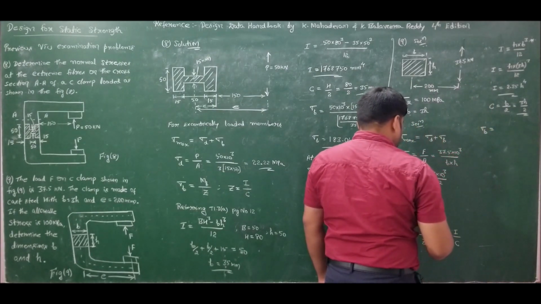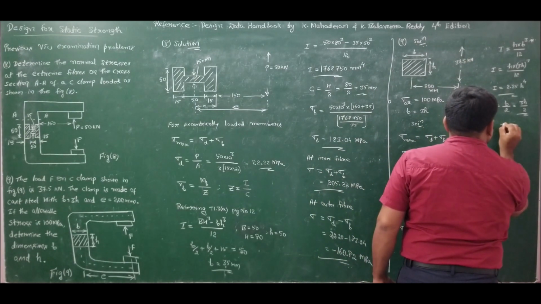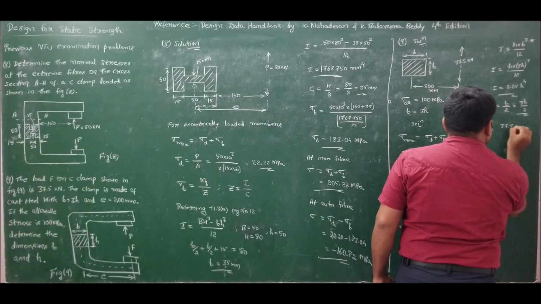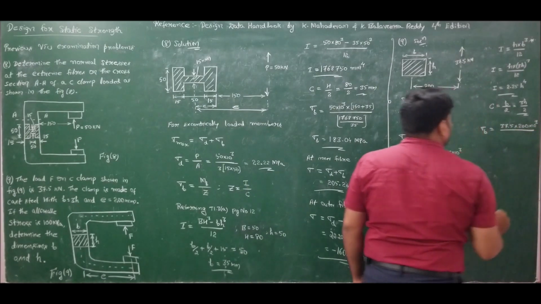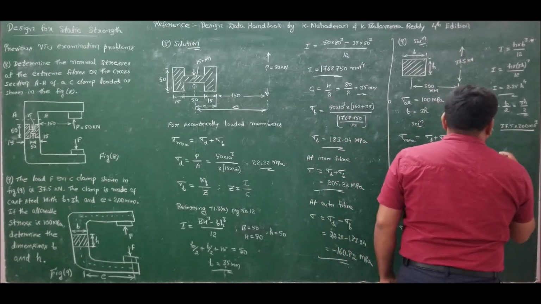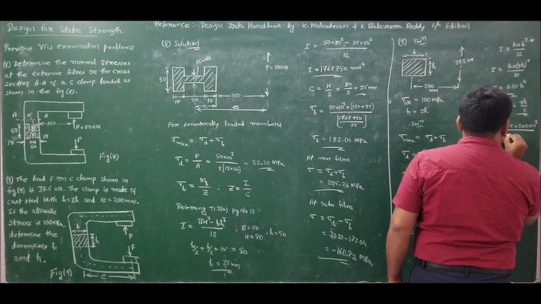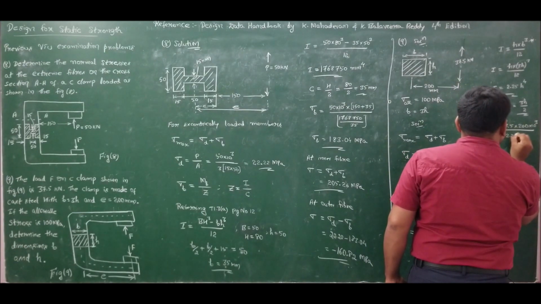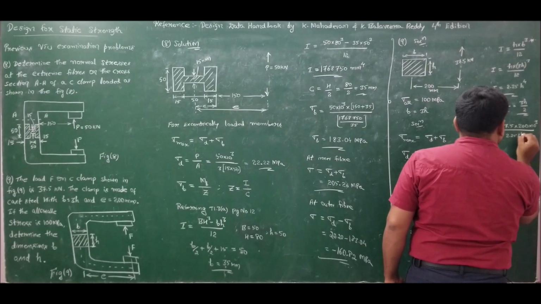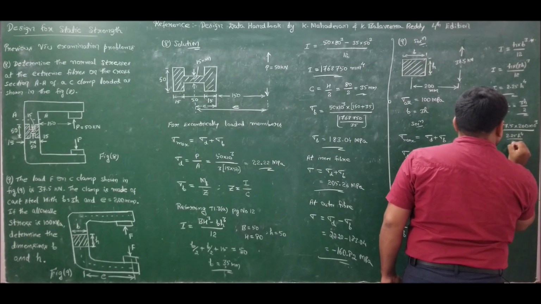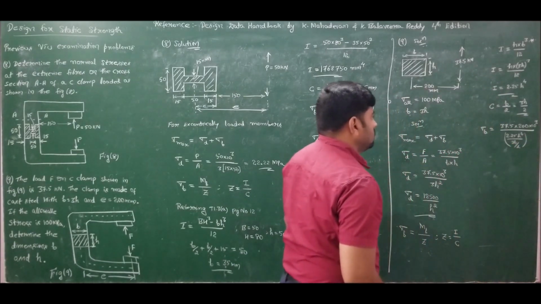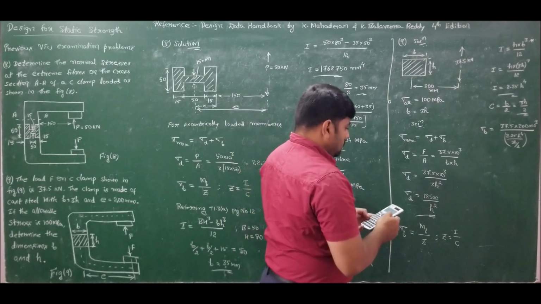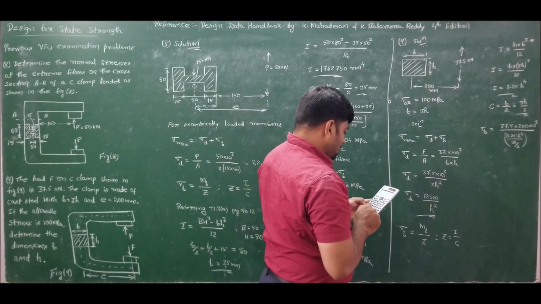sigma bending will be MB. MB is 37.5 into 200, the eccentricity, into 10 to the power of 3, because the load is 37.5 kilonewtons, divided by Z. Z is I by C, which will be 2.25 h to the power of 4 divided by 3h by 2. So if I simplify, sigma B will become